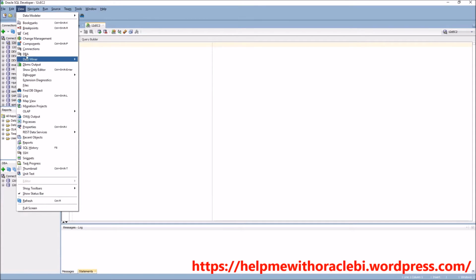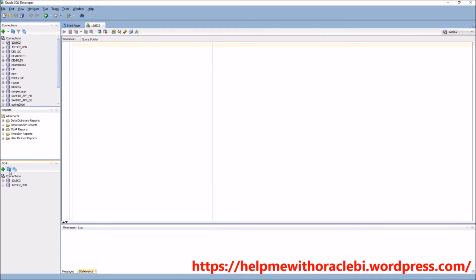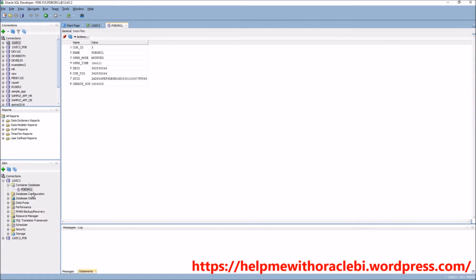menu option under View here, you'll get this window down here that allows you to do a number of things like creating data files and table spaces and all that type of stuff kind of auto-magically. And you can see one of our things down here is the container database. I know that this PDB Oracle has to go in order for the things I'm about to do to it,